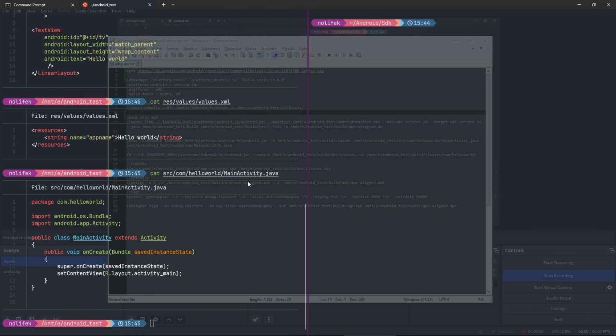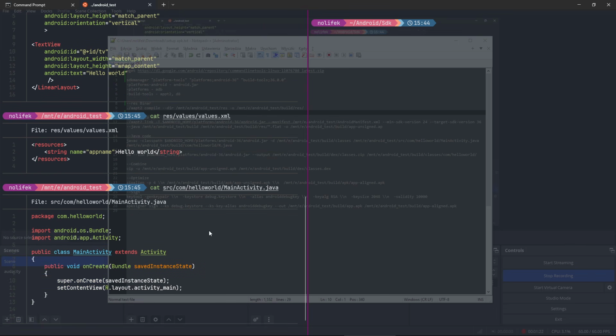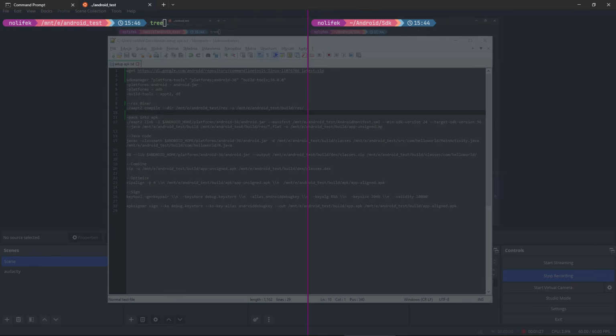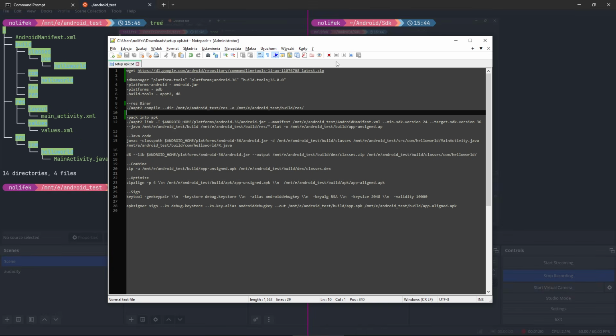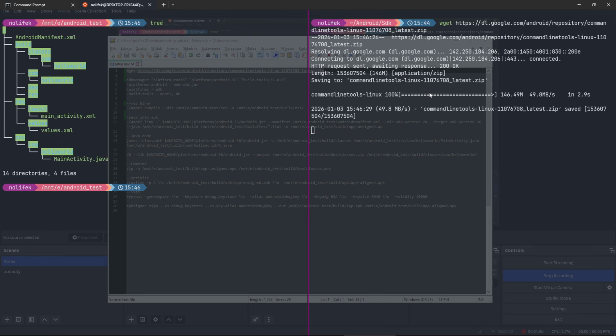I use MainActivity in Java, not Kotlin, because it's easier to set up everything and show. But if you want to compile with MainActivity in Kotlin, you need to use kotlinc. But it's a little bit harder, and I won't be showing that today. I want to show with Java. So this is the structure. The first thing we need is to get some Android tools